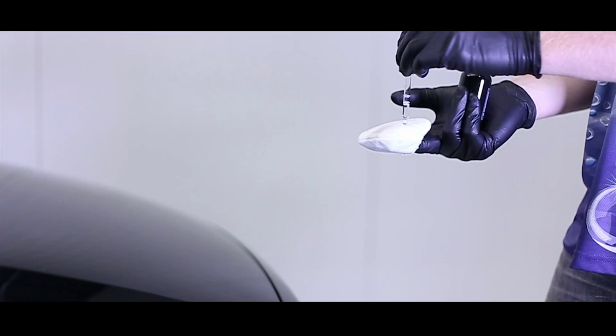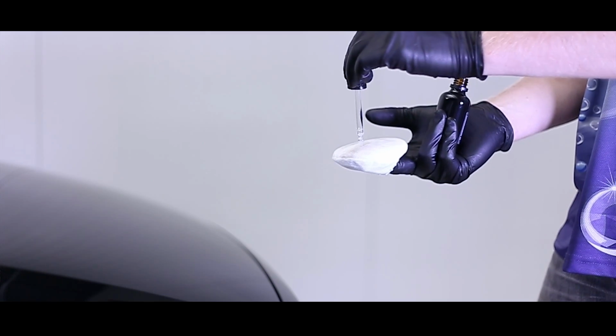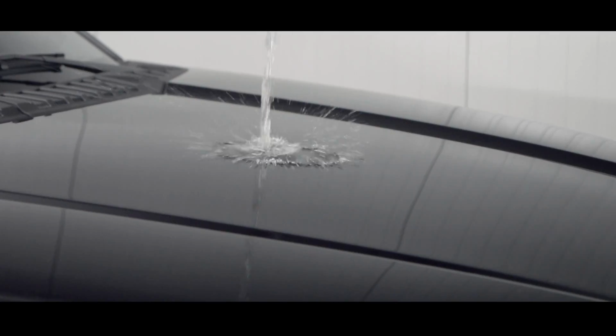So we'll polish the vehicle, stage 1. Stage 2 then is to apply the crystal serum. So the crystal serum is going to put that ceramic type finish on it, hard finish on the paint. And we're going to let that sit for about 24 hours inside. We're going to let it dry. We're going to make sure it's perfectly clean. And we're going to put a product called XO on it, which is going to give it a super hydrophobic